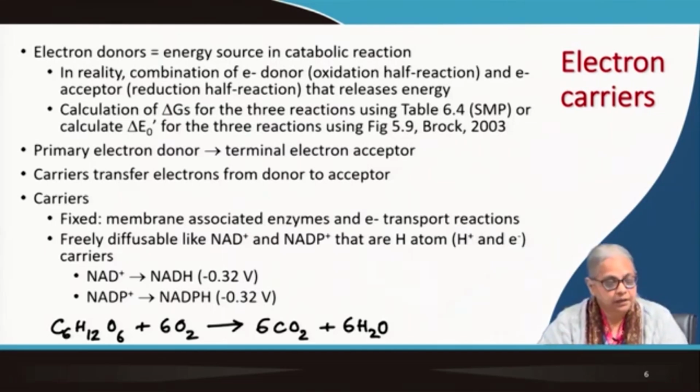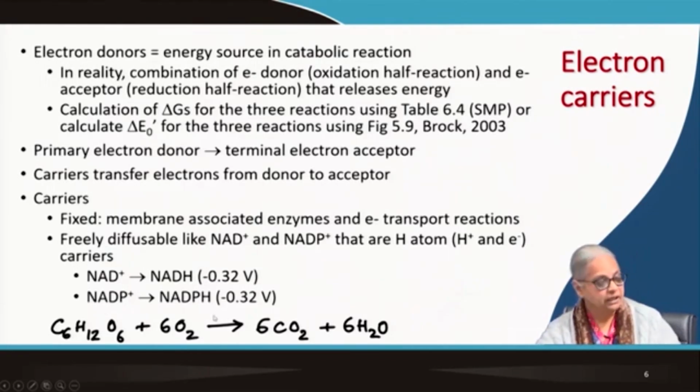So I was saying that there are two types of carriers, fixed and freely diffusible. The fixed carriers are the membrane associated enzymes that are part of the electron transport reactions. And you also have freely diffusible carriers like NAD plus and NADP plus that are capable of donating and accepting both protons and electrons, or the entire hydrogen atom as a whole. So you can see NAD plus going to NADH, you can see the electron potential,